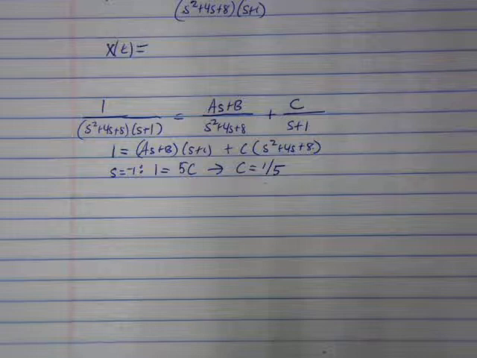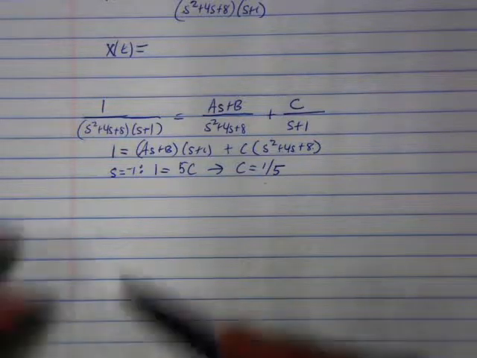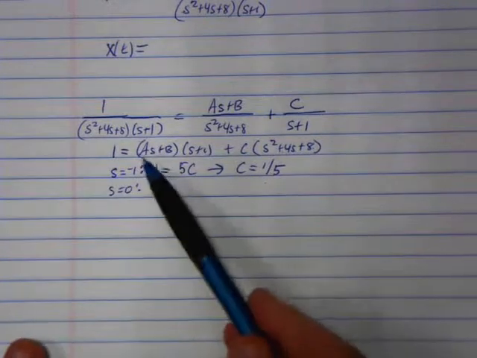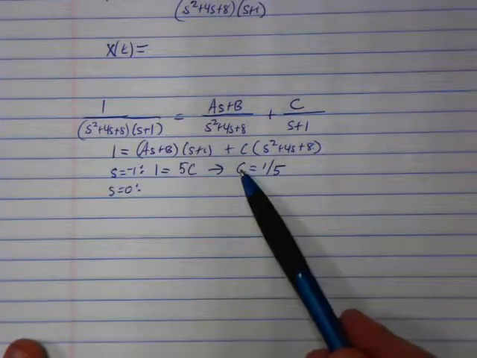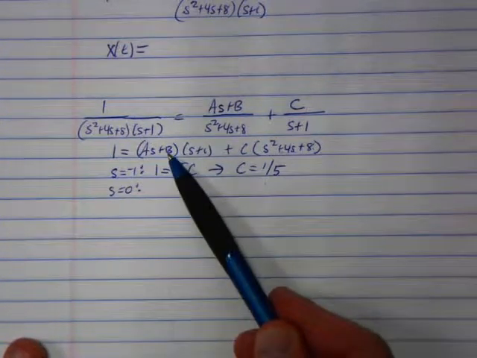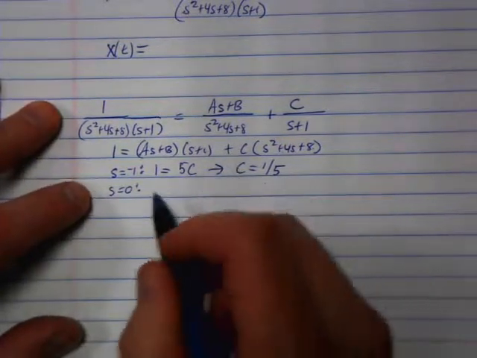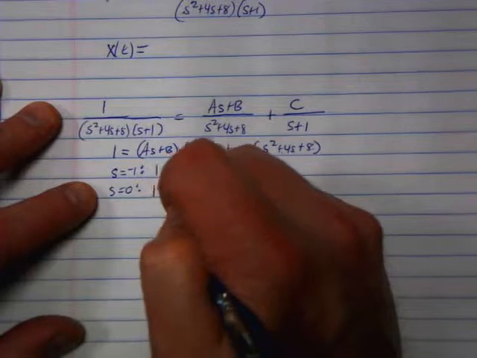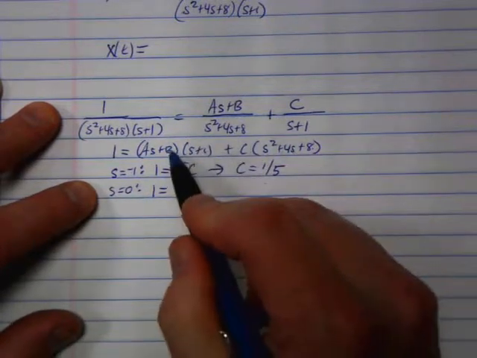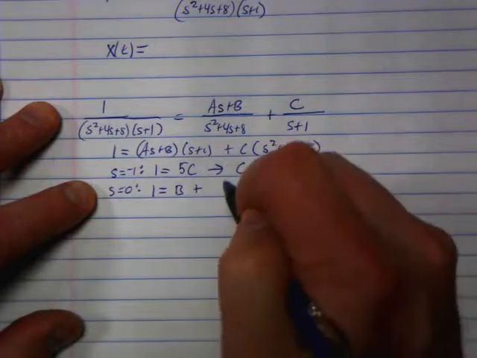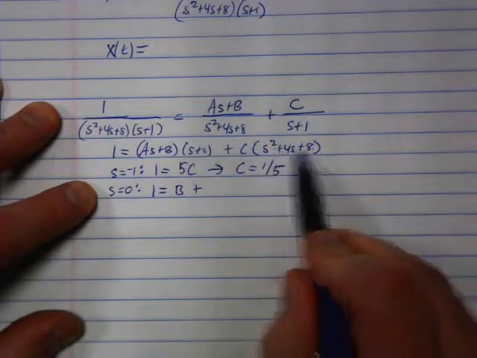Yeah, I see what Liam's saying. If I plug in s equals 0, that's going to get rid of the a. We already know c is 1/5, so the only letter remaining will be the letter b. Oh, good trick. All right, so when I plug in 0, I get 1 equals b times 1, that's b, plus, when I plug in 0, I get 8 there, so 8/5,